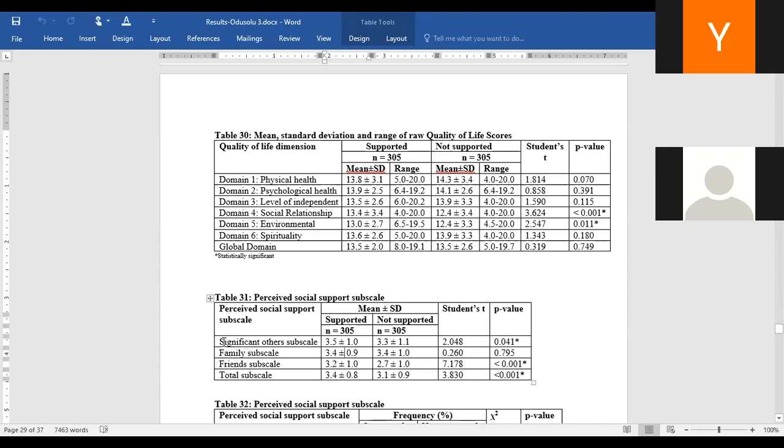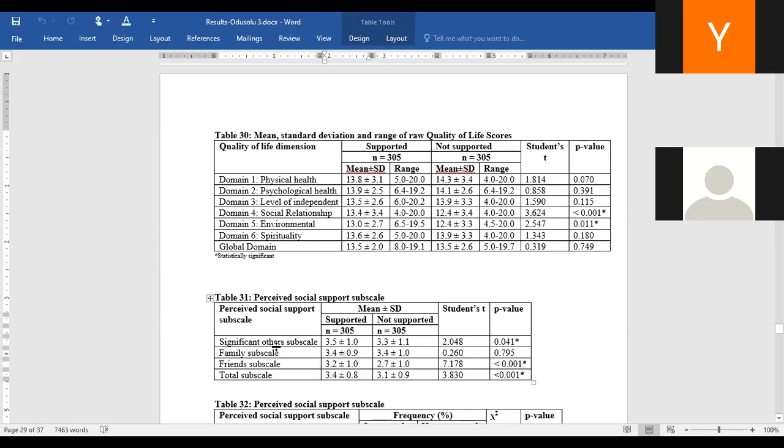What is that other range mean? That range beside it, what does it mean? Beside the table, the range after the mean plus or minus, there's the range 5 to 20. That is the smallest to the largest, minimum to maximum. Minimum to maximum, that's the range. That's what they put there. That's the range, the minimum to maximum.